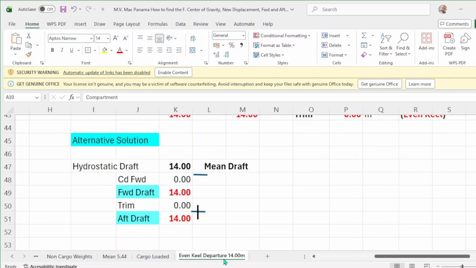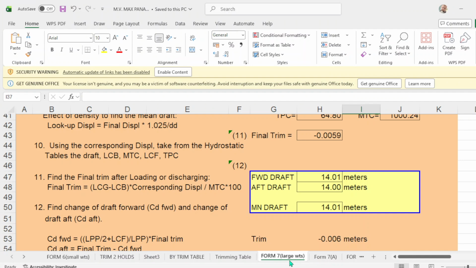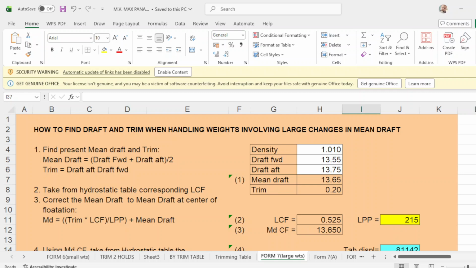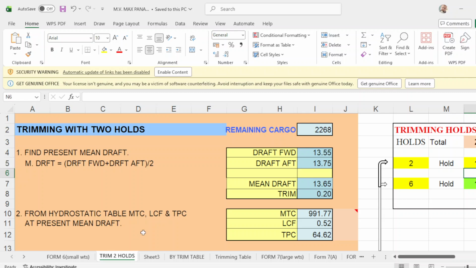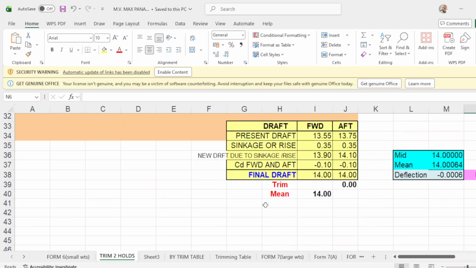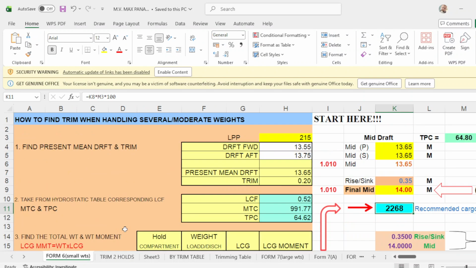This manual, one and 2. This is for number 7. 3 by trim table. 3, 4, trimming 2 holds. And number 5, form number 6 is this one. So you have 5 programs to back you up when computing your remaining cargo to load.